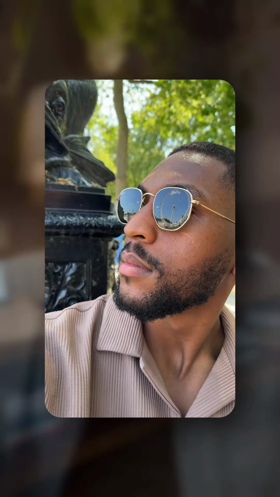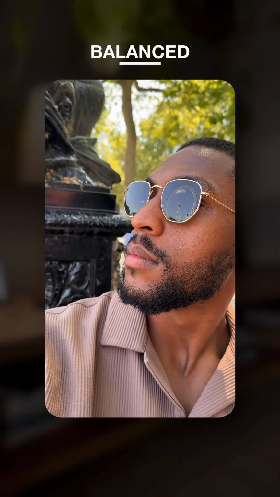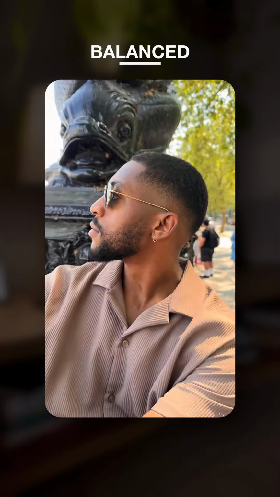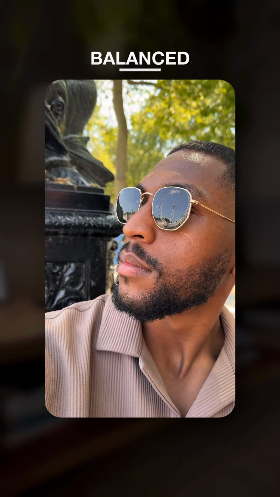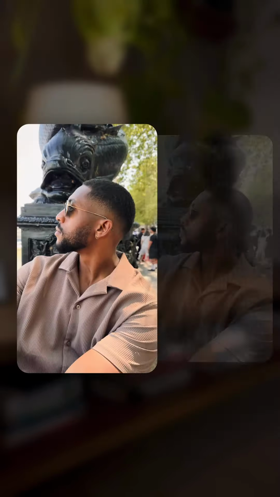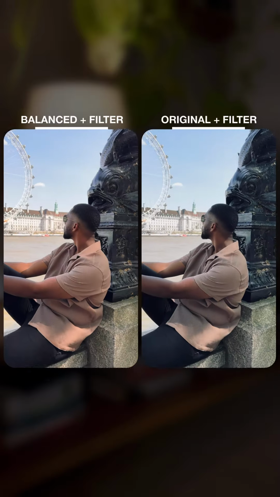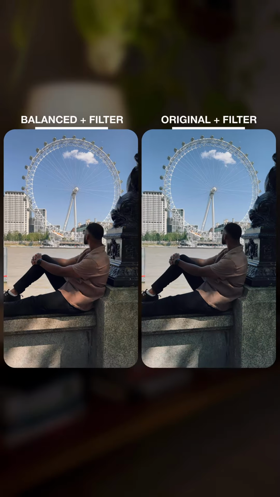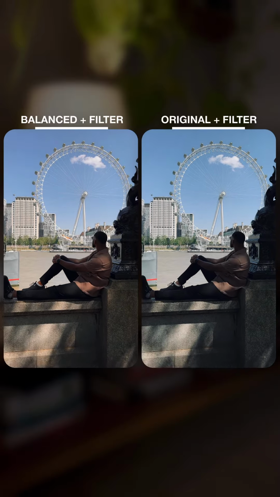good foundation. This means adjusting your video to be as neutral as possible. A well-balanced, correctly exposed video serves as the perfect canvas for applying filters. By starting with a neutral base, you ensure that the filter enhances rather than detracts from your video. It allows the filter to complement your footage, creating a more cohesive and striking visual. Remember, filters can be a powerful tool, but their effectiveness greatly depends on the quality and preparation of the original